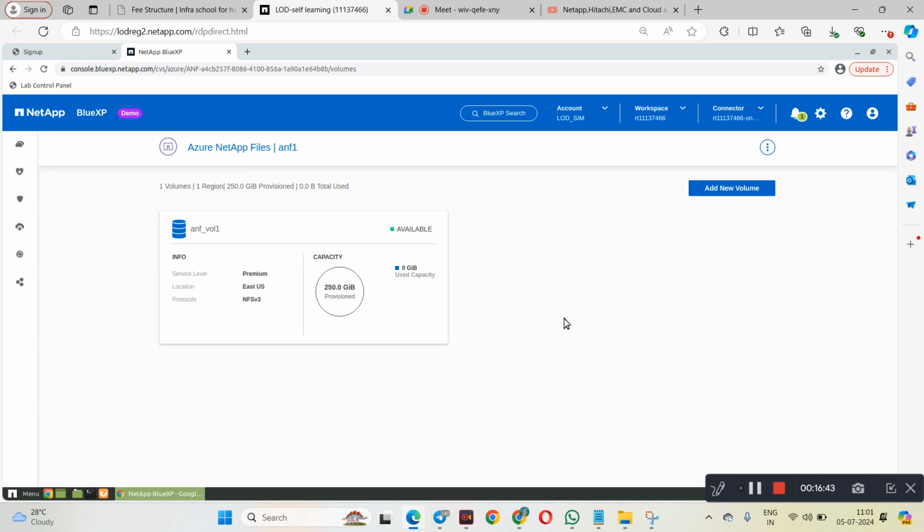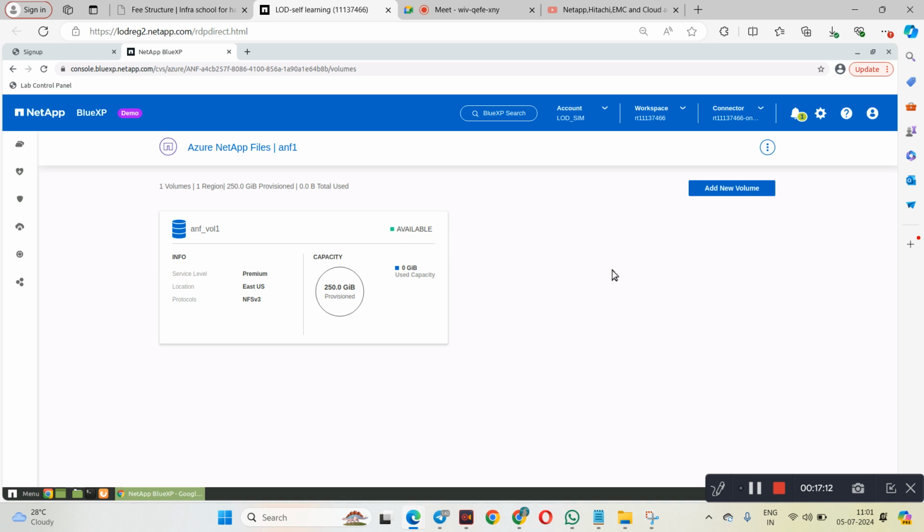I can also create this Azure Netapp files using the Azure portal and also Azure CLI. Okay, there will be CLI, Azure CLI, and also I can use the Azure Netapp Files REST API. I can also use the REST API. Okay, in Netapp, what is the REST API? There will be some redirection buttons here, like this, like this. You click on it, you'll get the REST API codes. Okay,